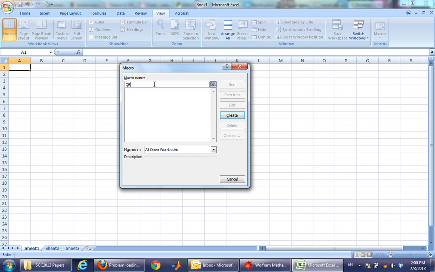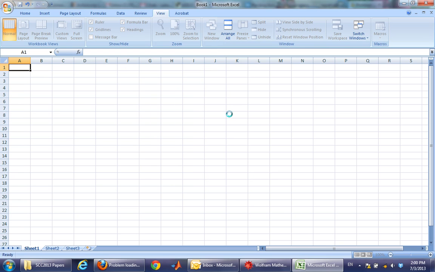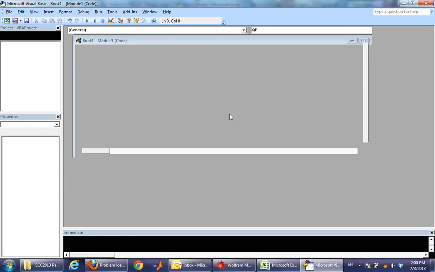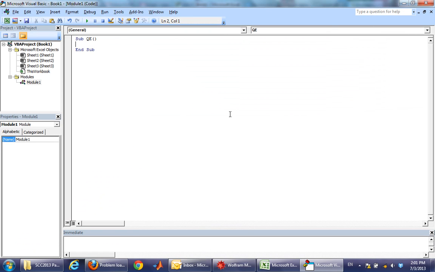As soon as we type a name, the Create button becomes active. So just type QE or any name you want for the macro, and the Create button becomes active right away. We can click Create, and by clicking Create we create the macro. We save it anywhere you like. Once we click Create, the macro is created, and now we have the